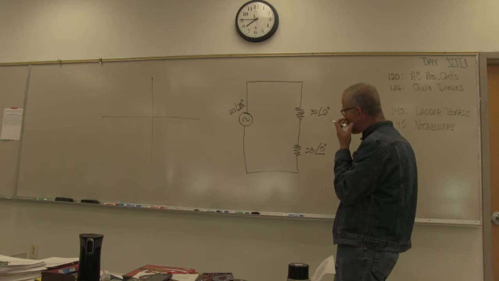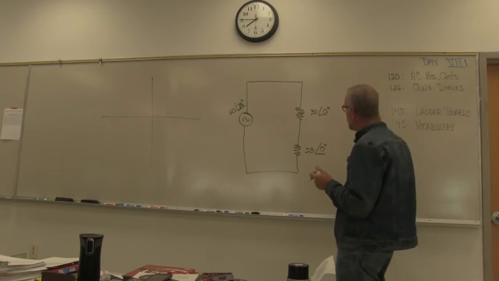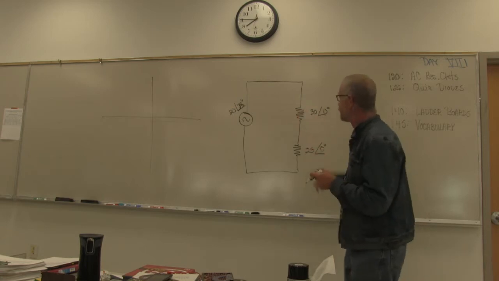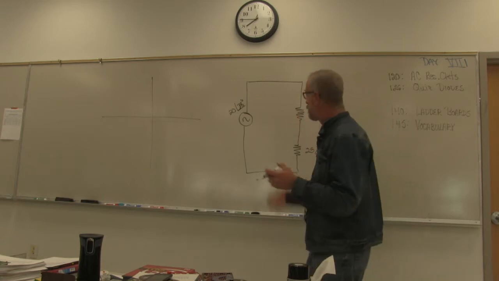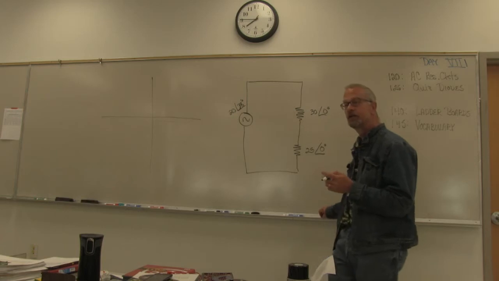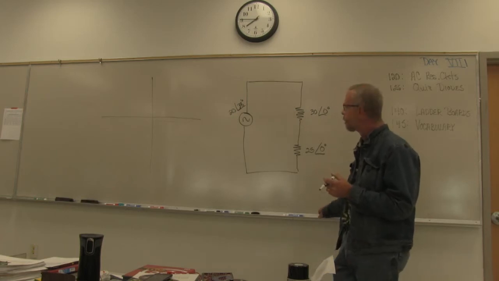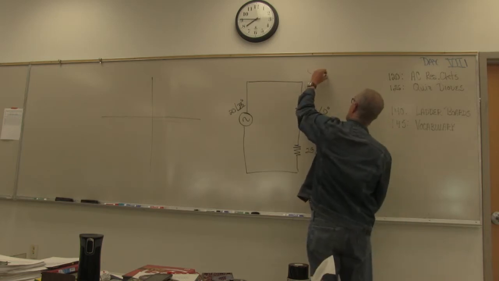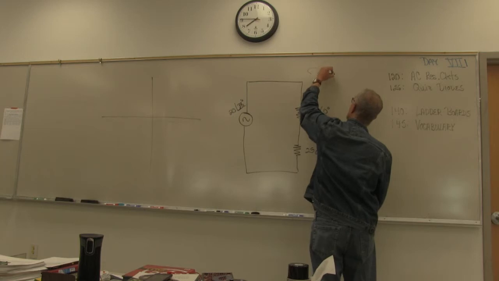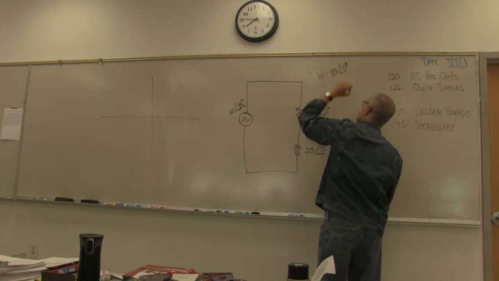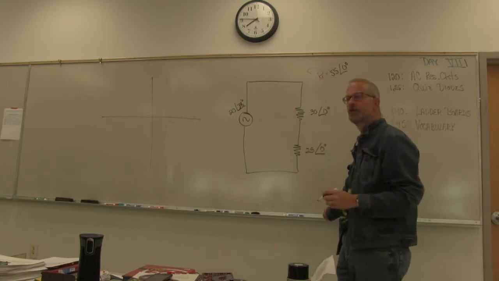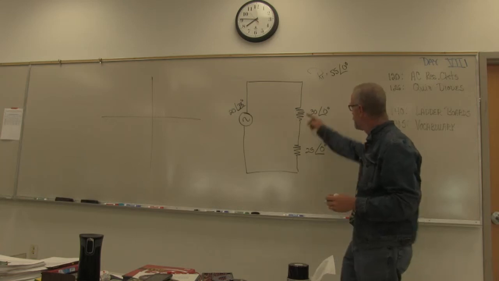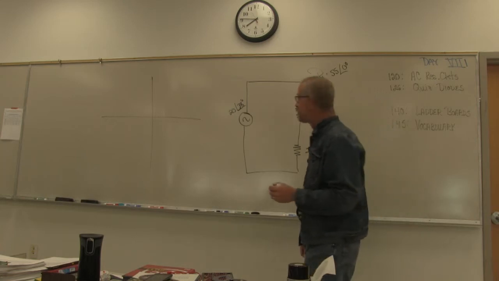There's a difference in the angles? Well, there is a difference in the angles, but how are we going to proceed with this calculation? Can we still say that the total resistance is 55 at an angle of 0? Is that still true? Yes. Sure. We didn't change the resistors at all, did we?